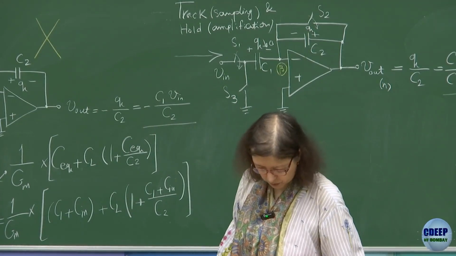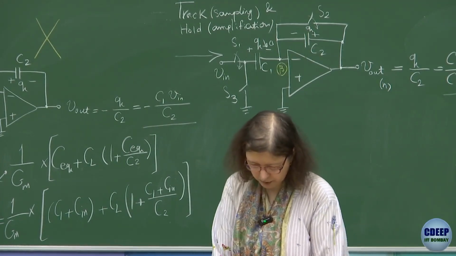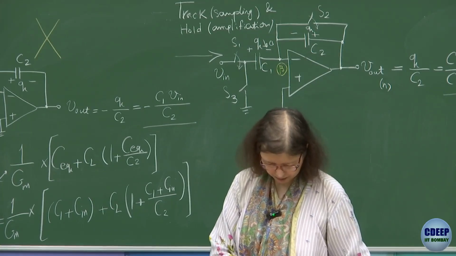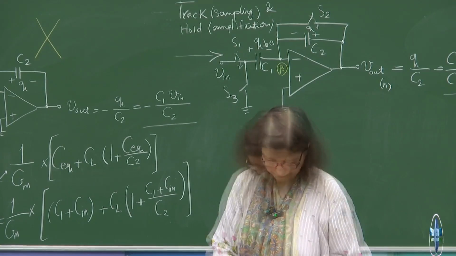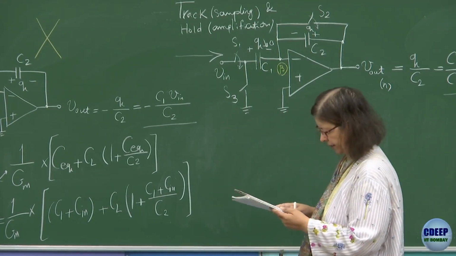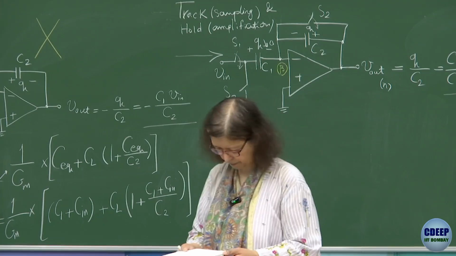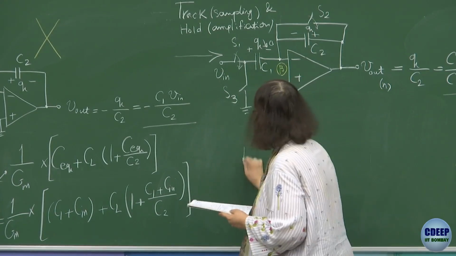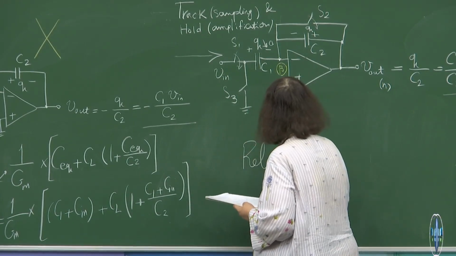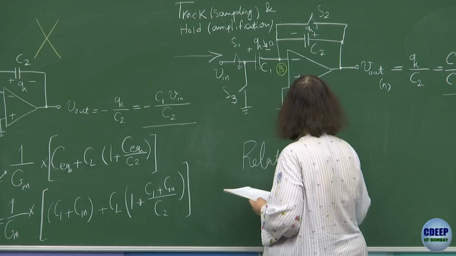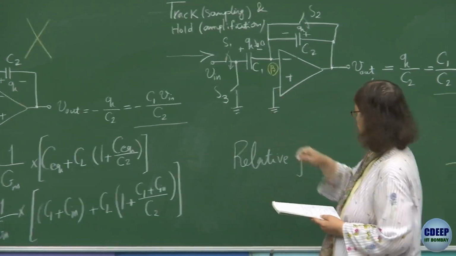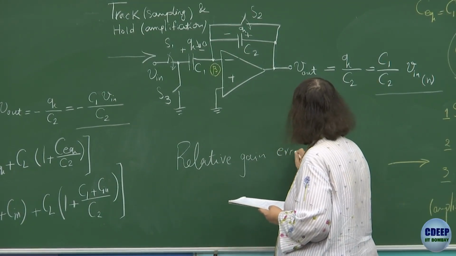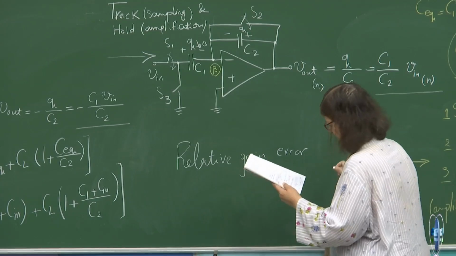Okay, so then there was also precision. So let me just talk about precision as well. And then we will finish at least one configuration of amplifiers. We are almost done. For the precision also, I can write a final expression. Actually, interestingly, if you calculate, it will be same. In fact, relative gain error will be similar to what we had before for the flip-around discrete time buffer. Relative gain error still in this case will be same, which is eventually